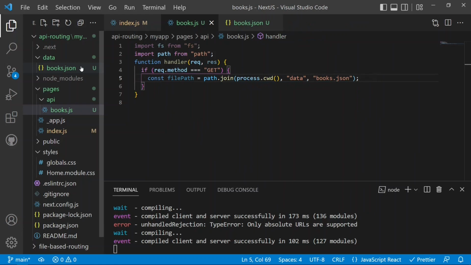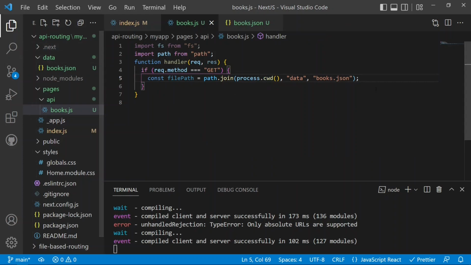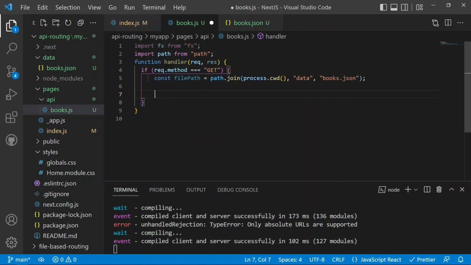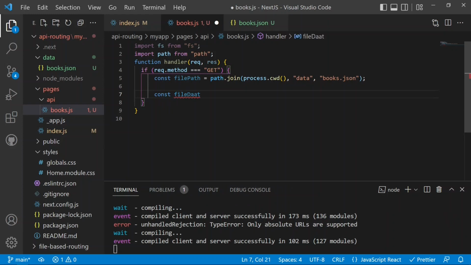So now what it is doing, so it is getting the process.cwd, which is the current working directory, and inside that directory we have the data folder, so we are getting the data, and inside that we are getting the books.json file. So now we are getting the path directly linked to the books.json file, and now we need to read the file as well. So for reading the file, we can just have here const fileData, and it would be equal to